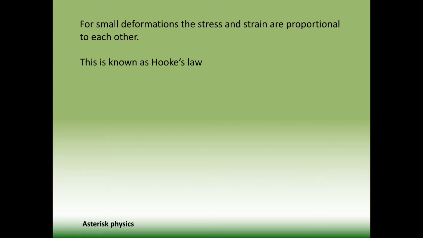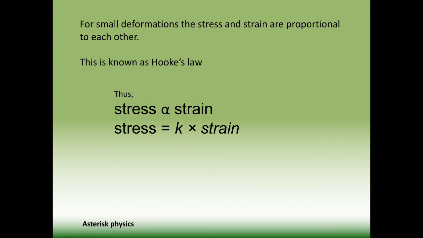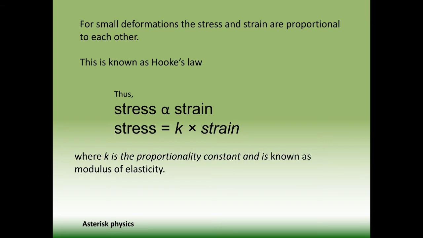So, Hooke's law is valid for small deformations, that is, when the given stress is very, very small. In that region, stress and strain are found to be proportional to each other. Mathematically, we have stress is directly proportional to strain. That is, stress is equal to a constant K into strain, where K is the proportionality constant and is known